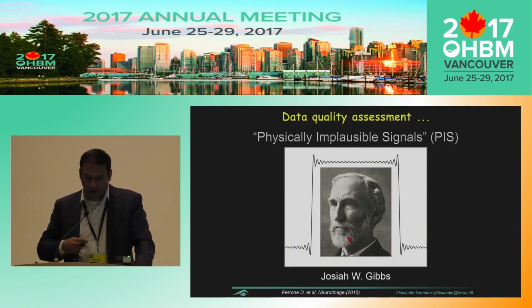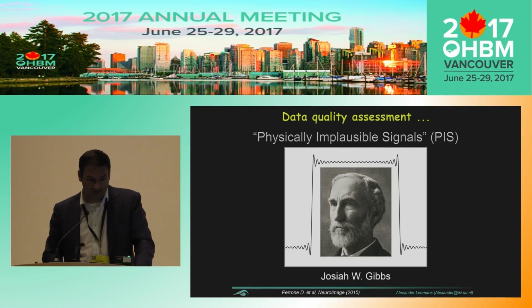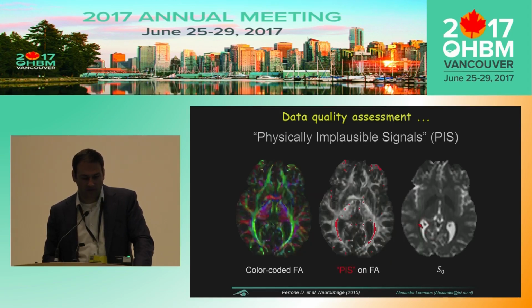If we haven't got enough high-frequency content, we cannot basically describe or characterize the sharp transitions from high signal to low signal. Okay, so in this case, you could make the analogy like our CSF signal, the very bright signal, is over here. This is the lower signal of the corpus callosum, and just at the edge, you get this undershoot. Okay, and this is what you see, for instance, near the ventricles. So if you focus on this B0 image over here, you've got very bright signal in the ventricles, and then you've got this kind of very low signal, the undershoot, and then you've got the normal signal,